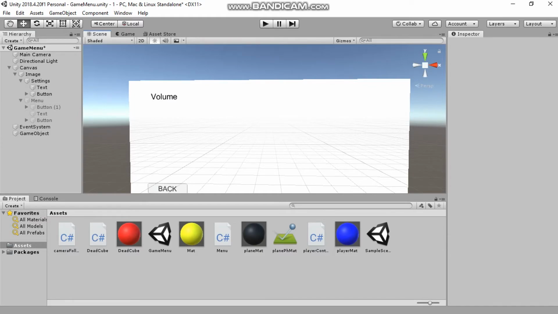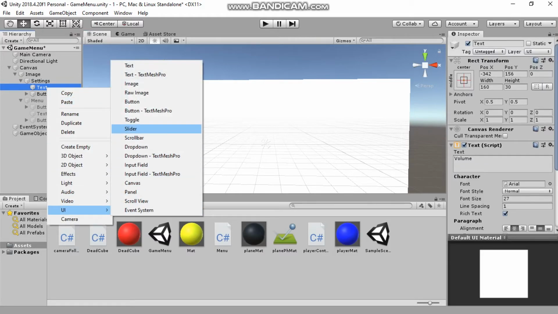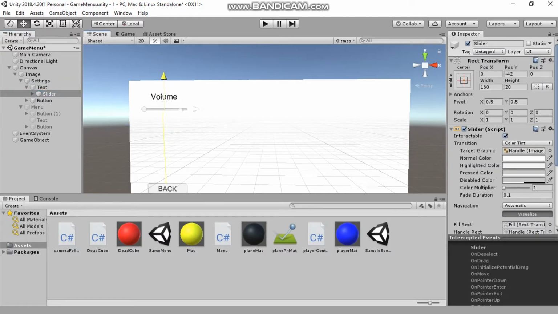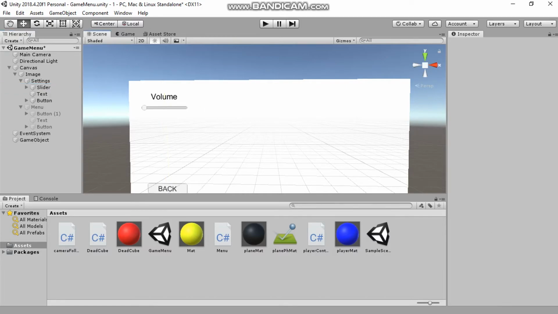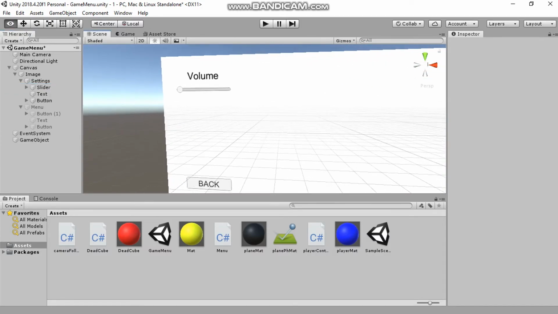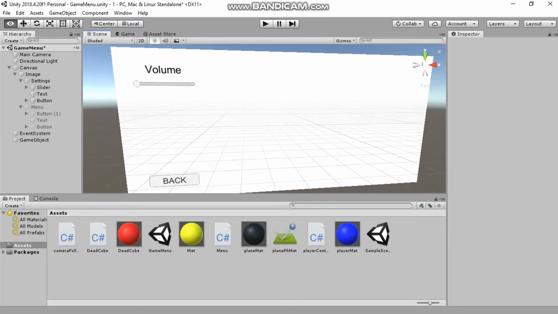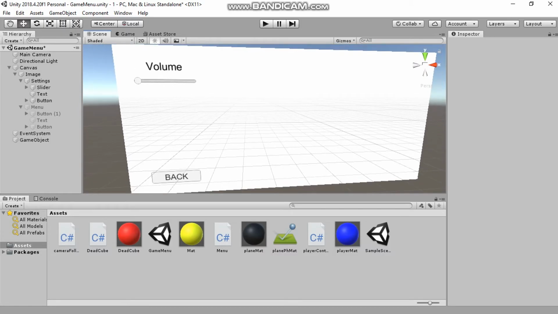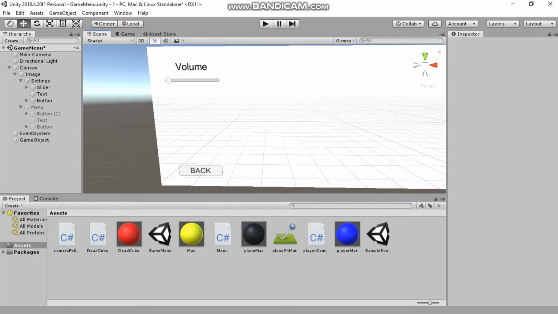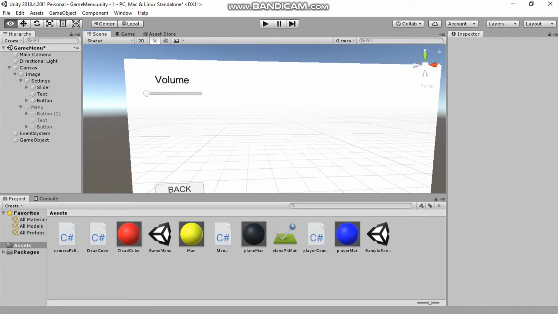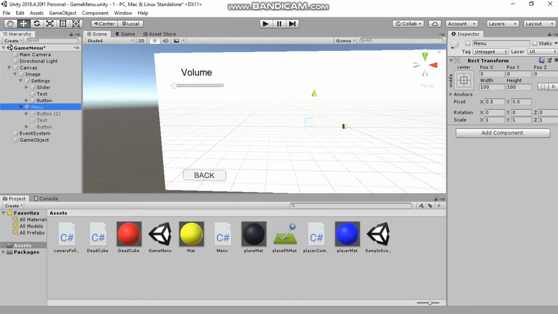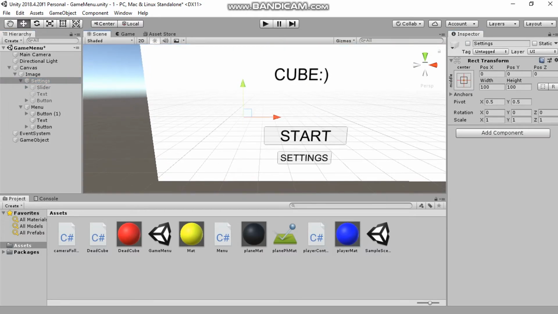So what I'm gonna do to volume, I'm gonna add to it a slider. So go right here, UI, and then slider. So we're gonna drag it down, and here's our slider. You can see it. I don't want to add other things like color. I'm gonna let this like this. We can write a script for the sound, but I don't have any sound for the game now. We're gonna let this like this, and then we're gonna go to menu, back, and then hit